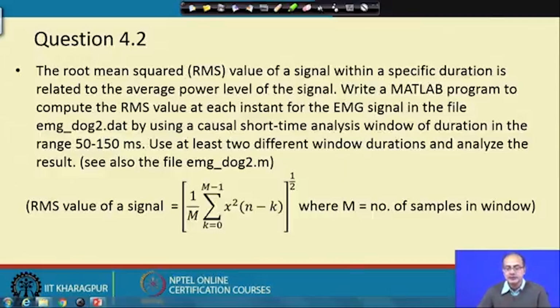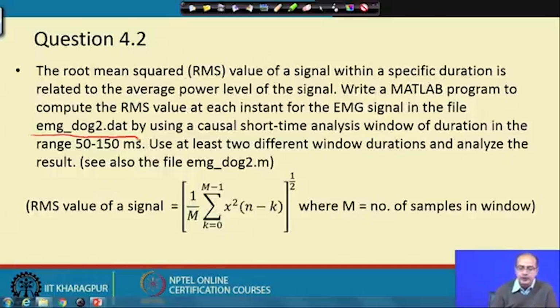When you look at the EMG signal, we know it has a lot of high frequencies, so it does not give us a nice shape. So how can we get that activity? One is the frequency, another is the amplitude of the signal. Here we are trying to find the amplitude of the signal using the RMS value, and for that purpose we are provided with the signal EMG doc2 dot dat,